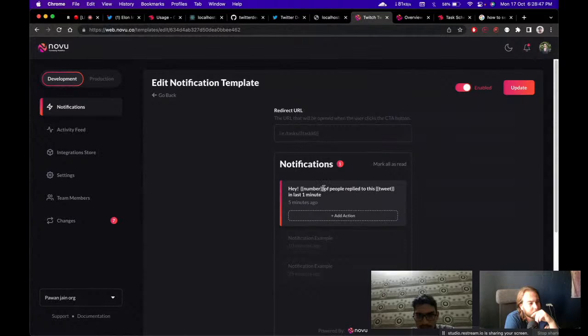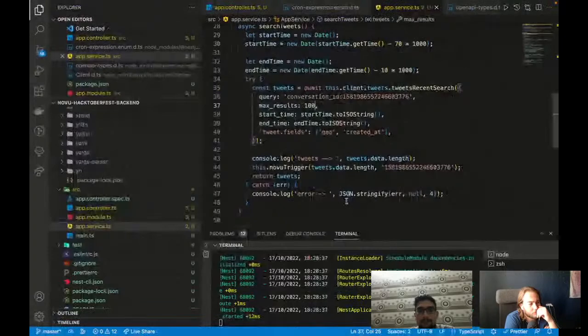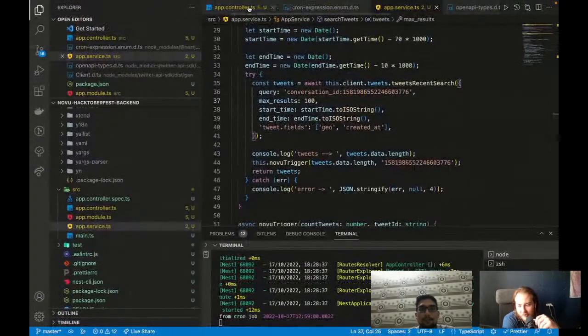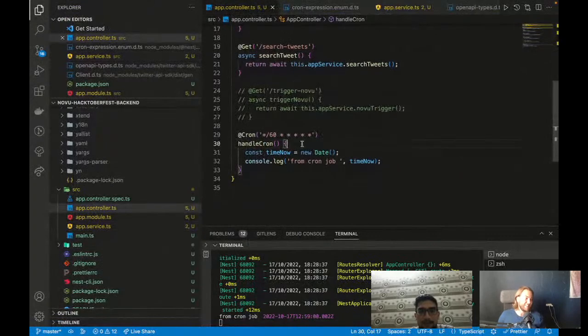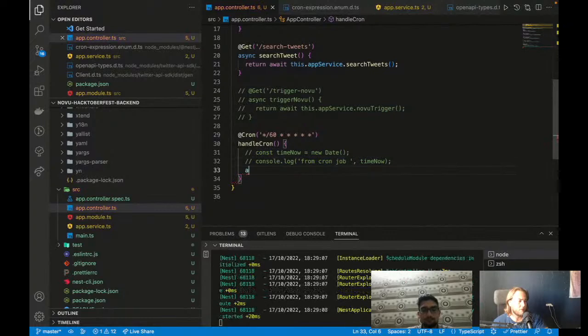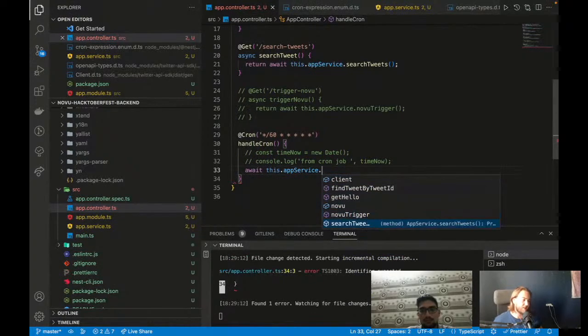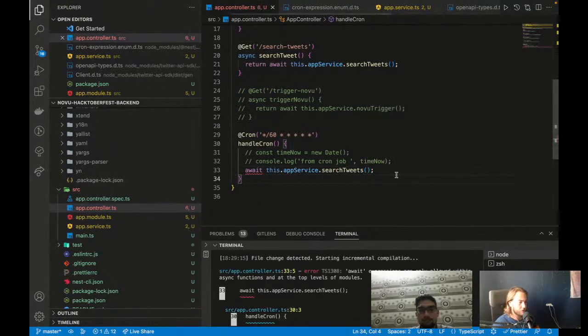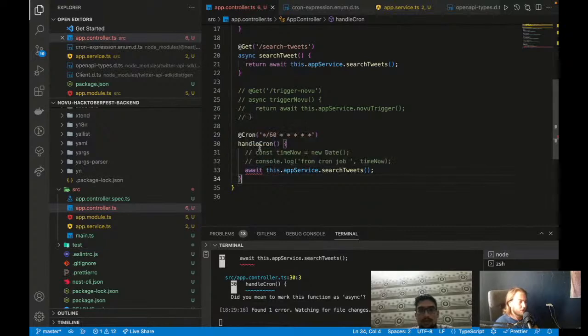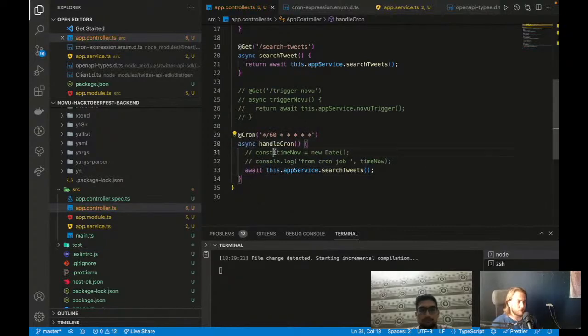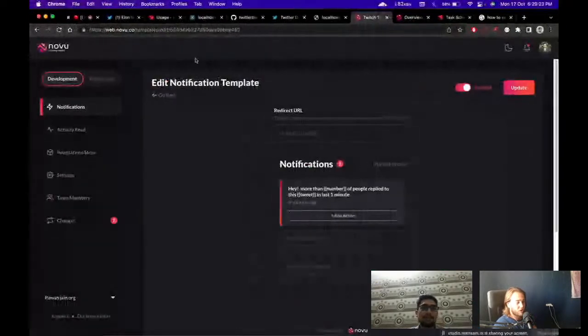More than this number of people replied to this tweet. Yeah, now it looks fine. That's so weird. Now I will hit this from there. Santos said that it's a decent amount of data fetching, having 100 max. Yeah, I'm not sure I agree, but